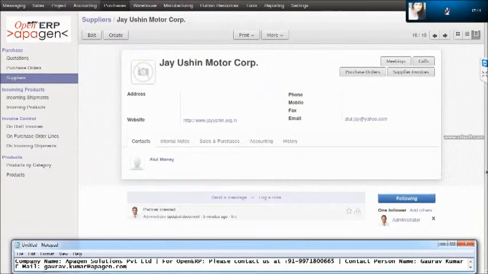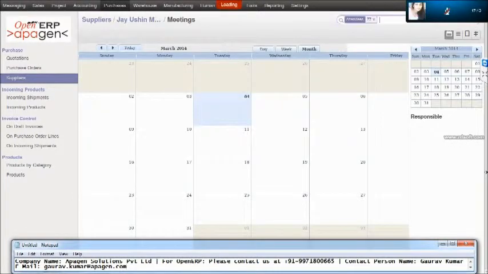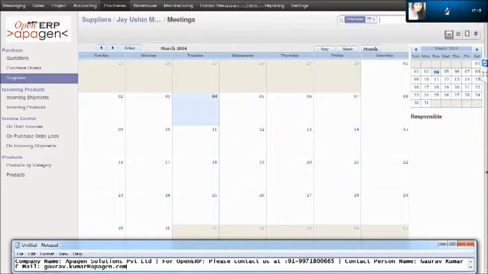And save it. Now to generate the meetings, just again click the meetings button and go to its form view